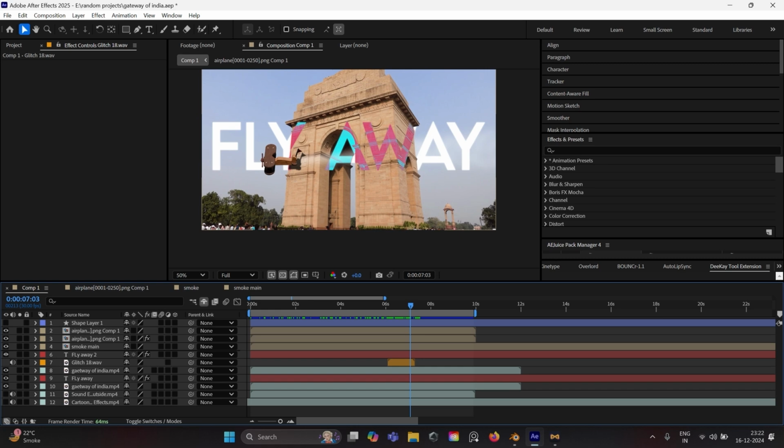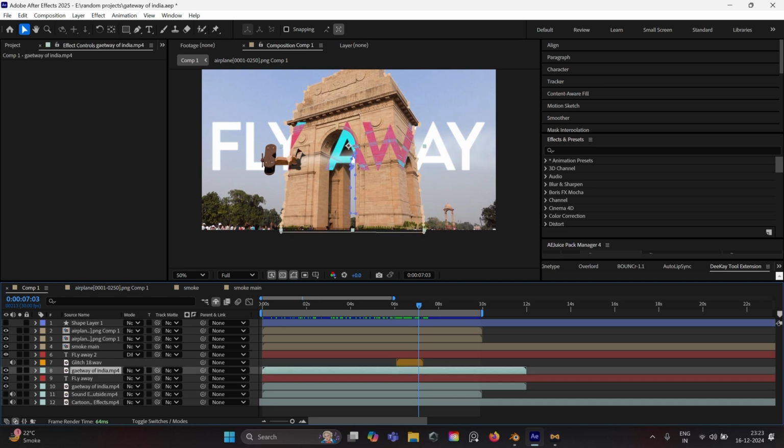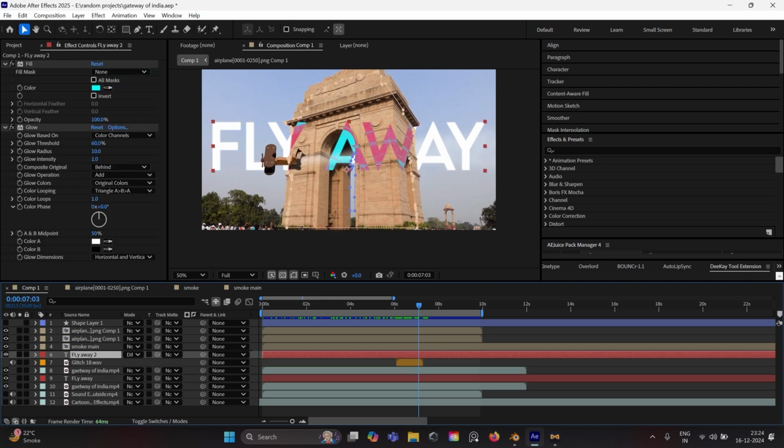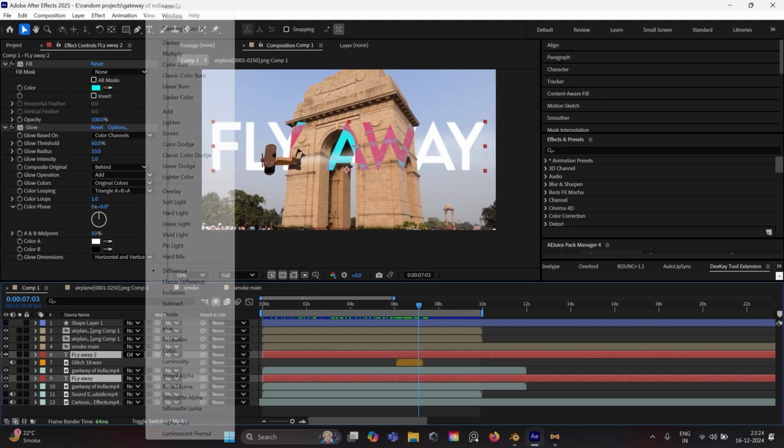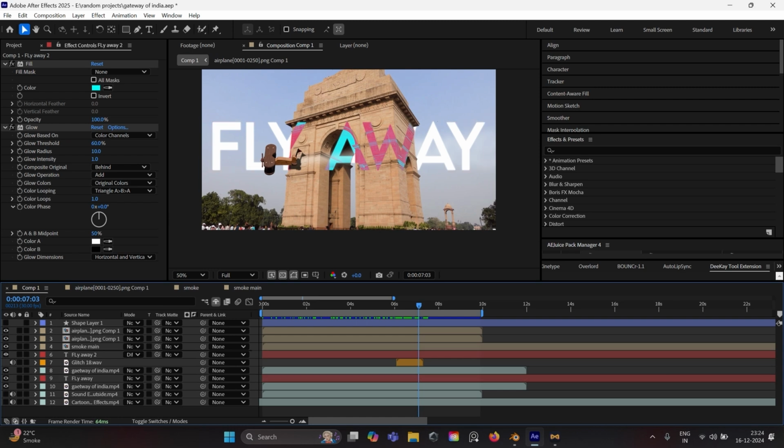But then I remembered the blending modes that are there in After Effects that a lot of people don't even use sometimes. So basically I just added two texts onto it, and the second text, the one on top, which is this one, has to be on the difference blending mode. So it kind of gave me this effect, but I was like, blue is not going with the vibe that I want, so let's go pink, because I like pink and blue is nice, so this looks very cool.